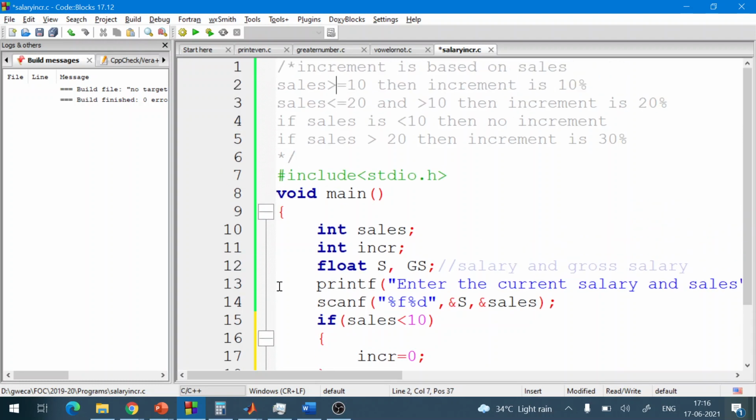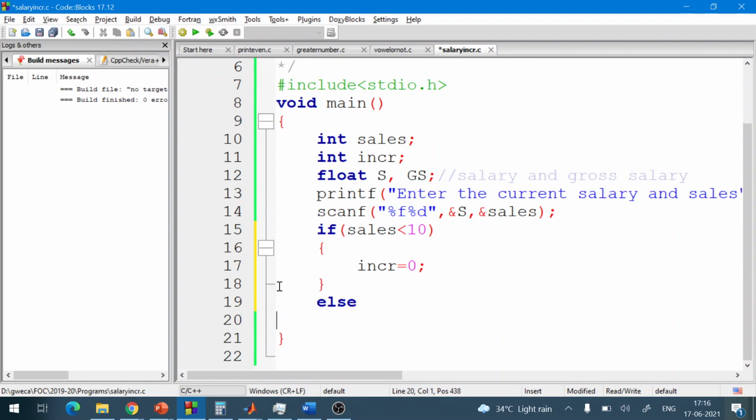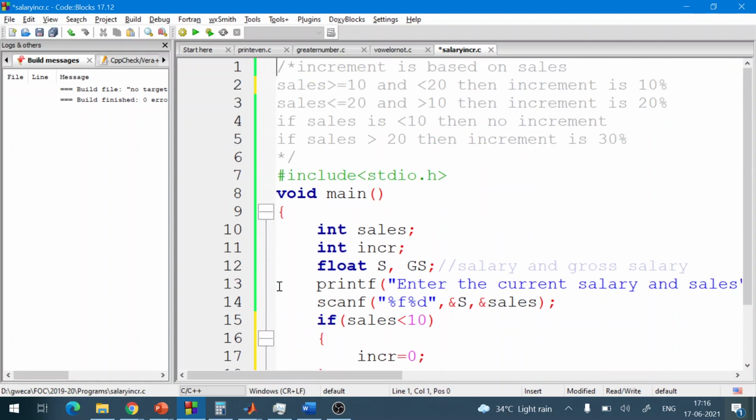But greater than 10 also has some conditions. What if it is greater than 10 and less than 20? This is a condition inside the range where sales is greater than 10, and we have different ranges.